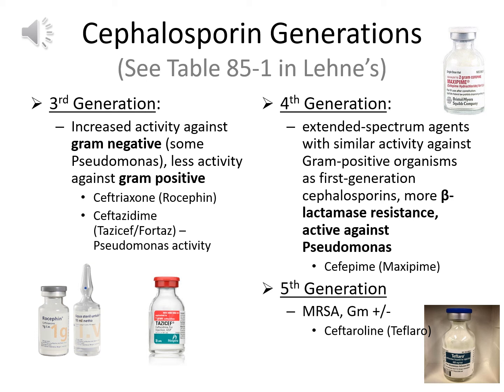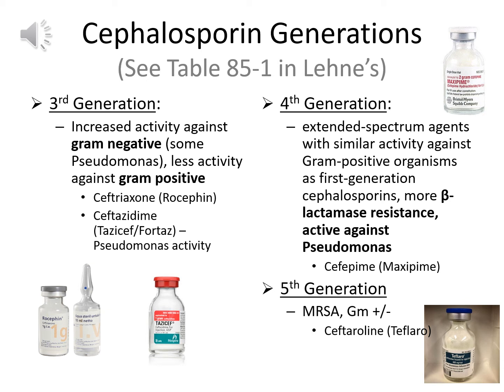But we start losing our activity against gram-positive. So third generation cephalosporins actually are targeted more at gram-negative bacteria and less active on gram-positive. A few examples I want you to know are ceftriaxone, brand name Rocephin, and ceftazidime, which is a drug that targets Pseudomonas. And Pseudomonas aeruginosa is a real problematic gram-negative bacteria. It's particularly